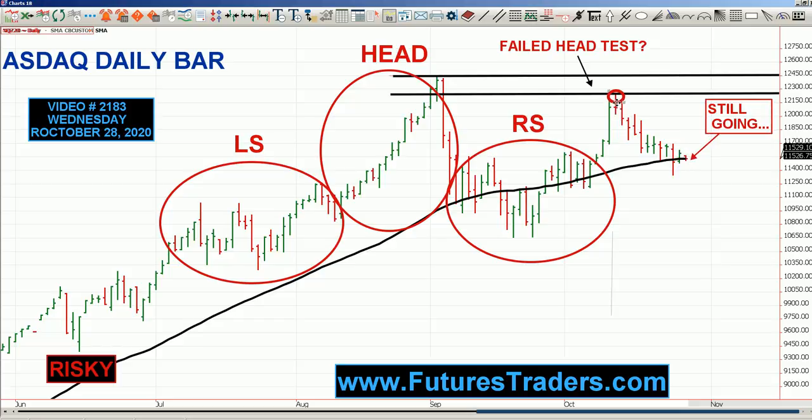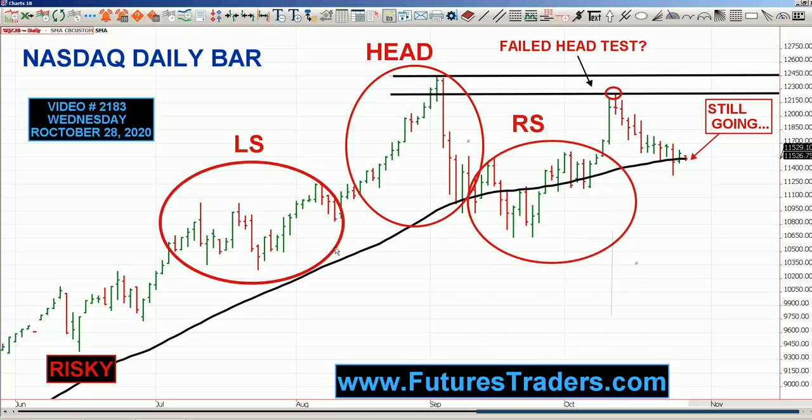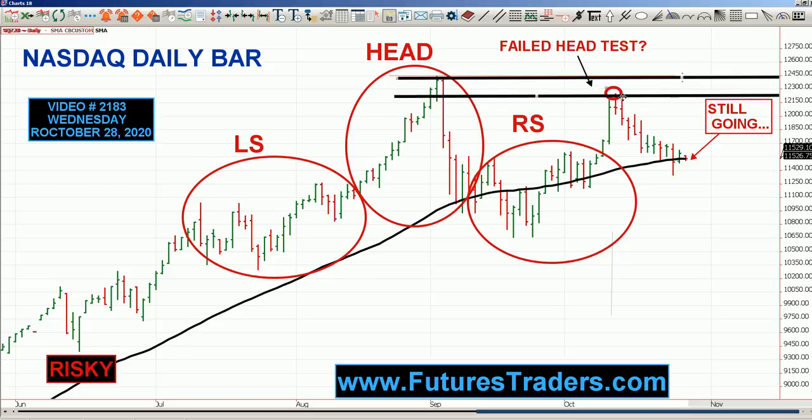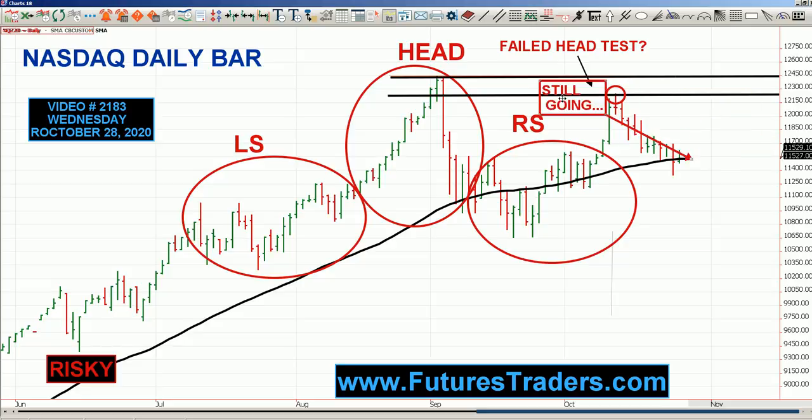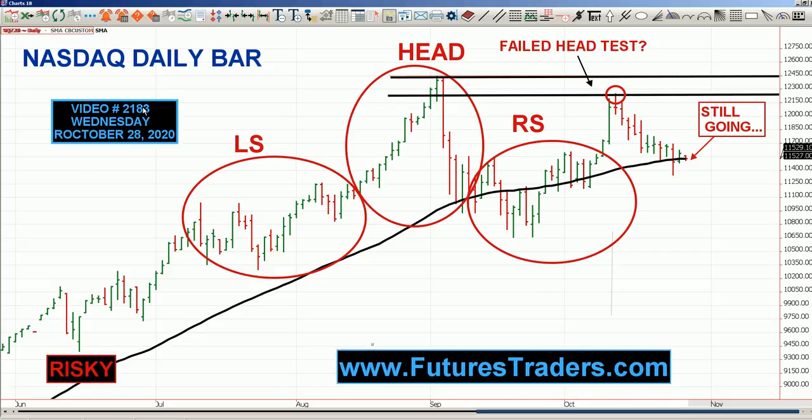So as of this moment, I must tell you that this head and shoulders, which is a technical picture, not just a theory, is actually starting to pan out and turn into what we thought it would turn into. Oddly enough, this head and shoulders is paying off if you're short. I like to say that it's just basically doing its job. It was a bit of analysis that said the market should drop. The market has dropped, but for now it is still going, and I expect more on the downside for Wednesday. So that's your Nasdaq.